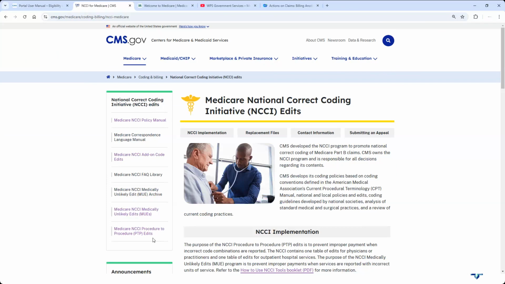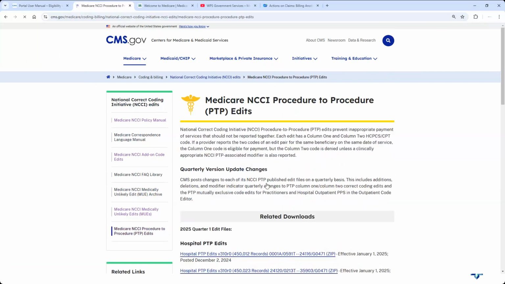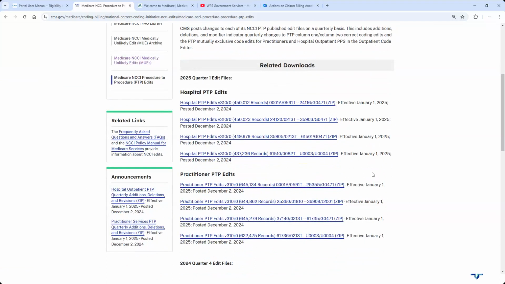These are all part of the National Correct Coding Initiative, which is why they're in this section. In particular, it's the procedure to procedure. You have 2 different types of edits: practitioner edits, these are your 1500 837P, and hospital edits, these are your UB-04 837I. And you need to tell me which kind you're looking at because I don't have that information. So hopefully I got enough information there to help you.